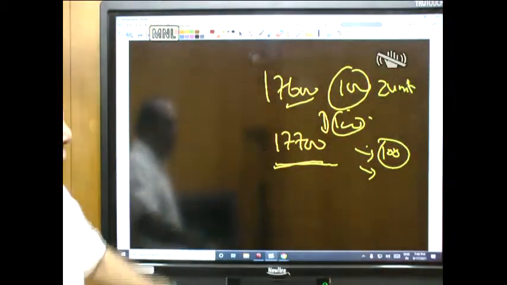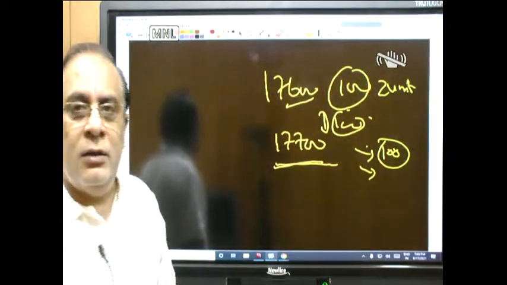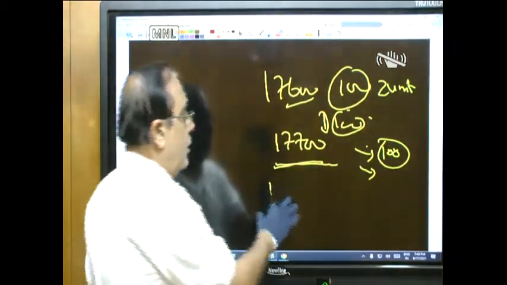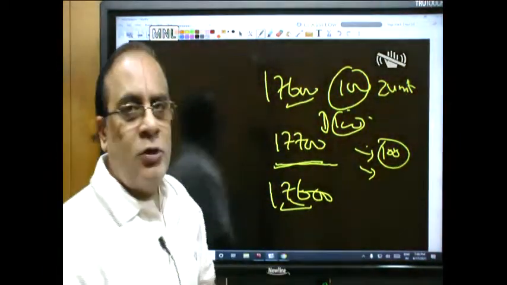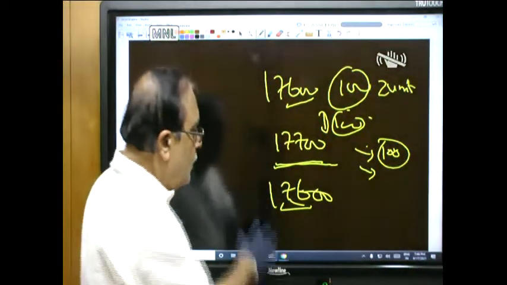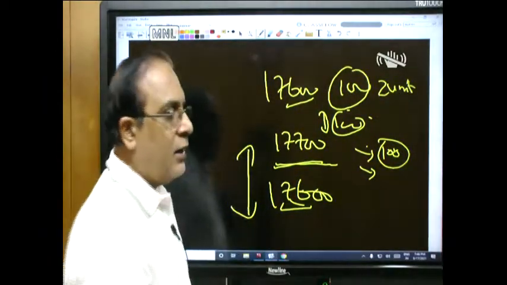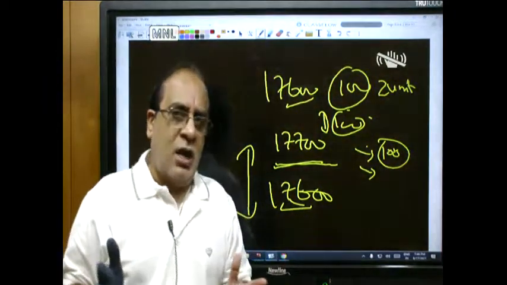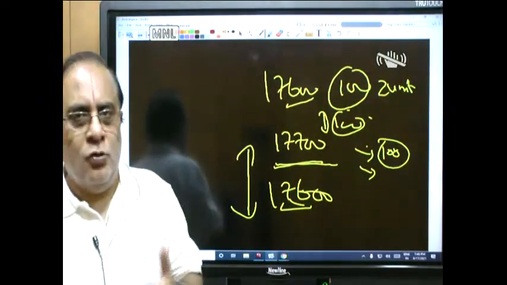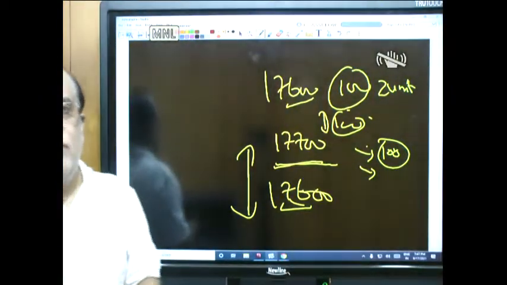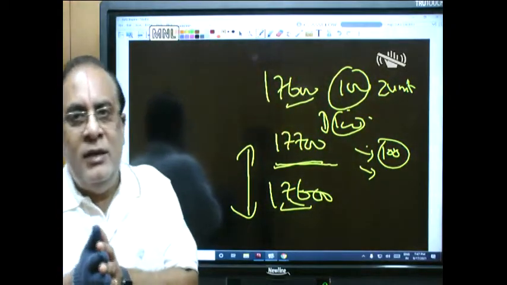Now, assuming it comes back to 17,600 from 700, again you roll it back. So you just do this particular thing in this market. There is a good chance of making money this way, unless it's the last day or so. So what you do is, instead of taking the nearest